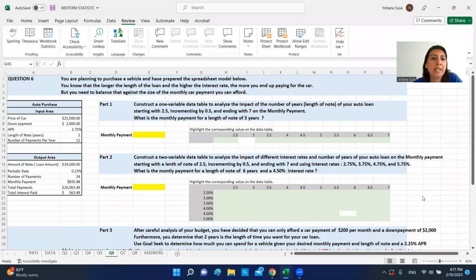Question number 6. You're planning to purchase a vehicle and have prepared the spreadsheet model below. You know that the longer the length of the loan and the higher the interest rate, the more you end up paying for the car. But you need to balance that against the size of the monthly car payment that you can afford. So in part 1, it asks us to construct a one variable data table to analyze the impact of the number of years of the car loan, starting at 2.5, incrementing by 5s, and ending in 7 years of monthly